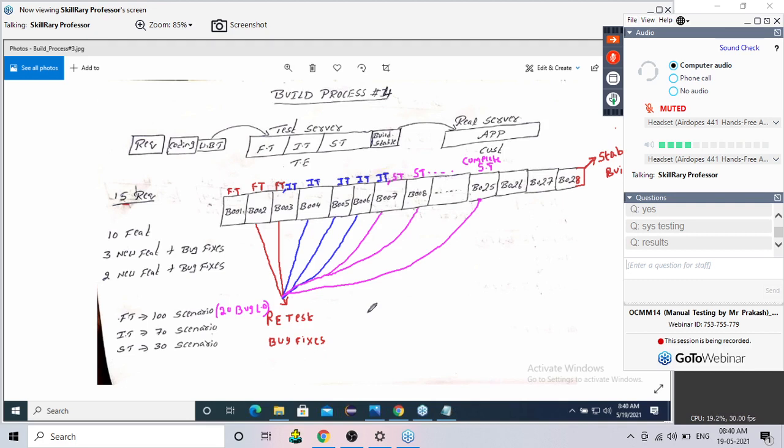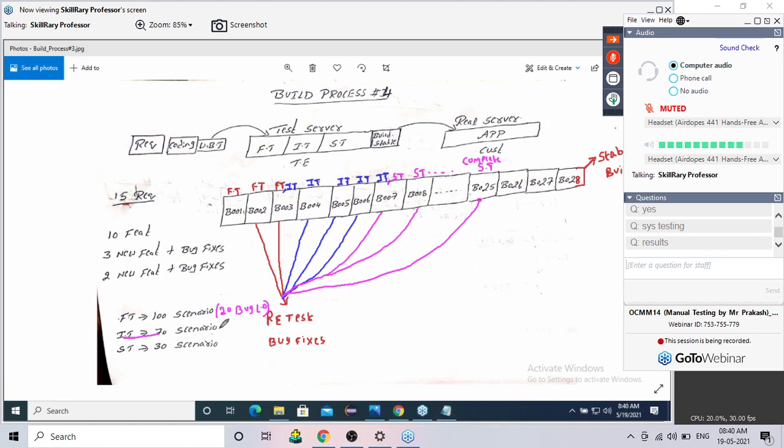Now the manager says your scenarios are completed. Okay. Don't sit idle, and you don't have anything to retest also. Start your integration testing. And during your integration testing, he may fix these 20 bugs also. Correct? So now I started integration testing. When do you say my integration testing is done?